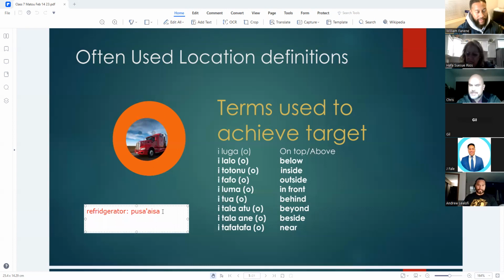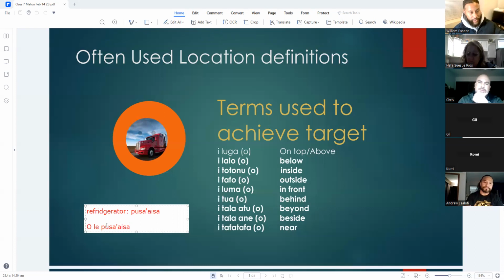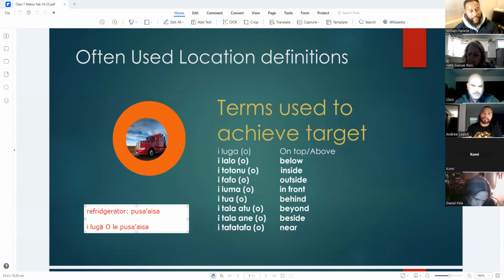We would say, ole pusa aisa. All right. So it is the refrigerator. So if I want to say on top of the refrigerator, we would say ilunga ole pusa aisa, on top of the refrigerator. So whatever it is, we would say,